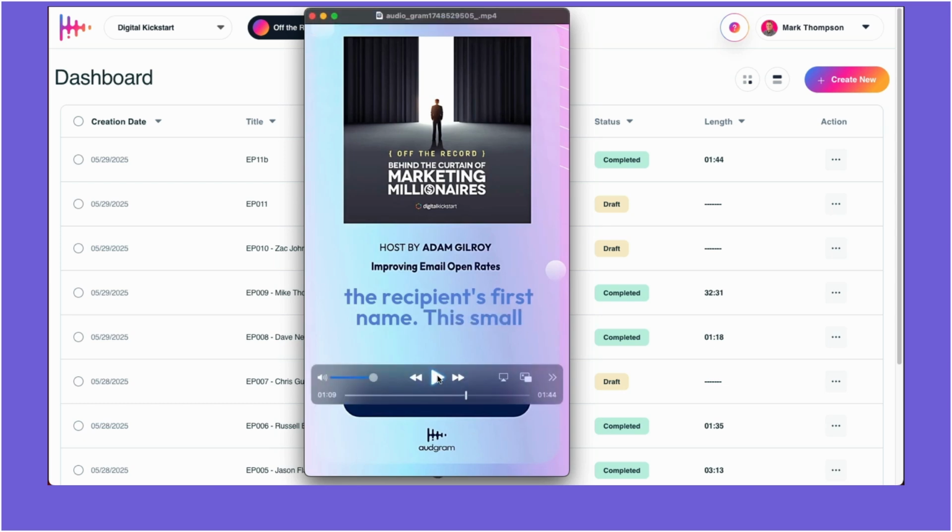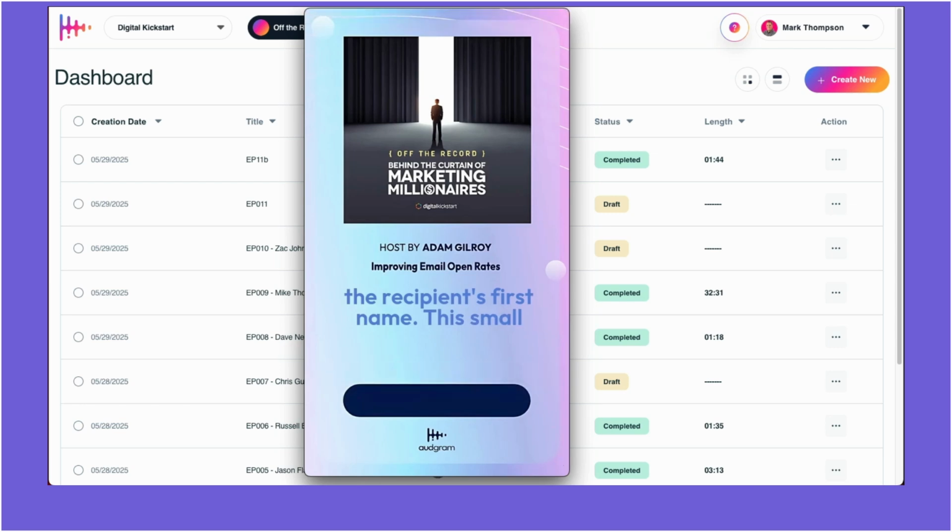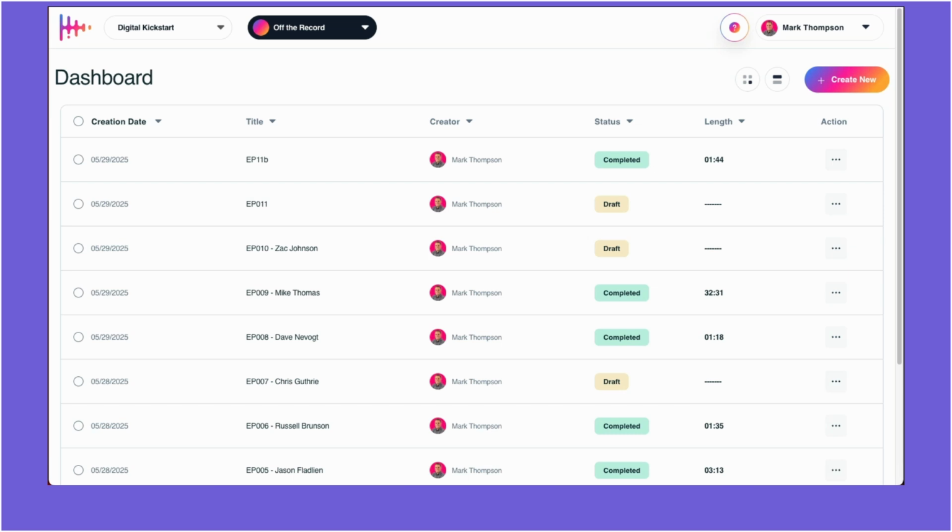All right, so I'm not going to play the whole thing, just so you can see. As you can hear, we had the intro that played at the very beginning, and then we had the actual audiogram with the caption showing, and then it highlighted it. So really cool, guys. It's super easy to use and very accurate. As you can hear, it sounded like a realistic voice. And as I said, the cloned voice feature just takes it to the next level. So that is